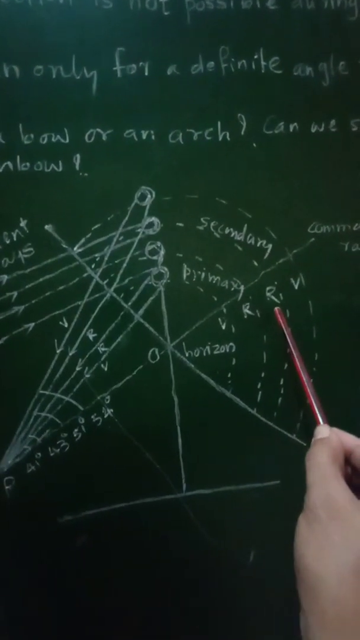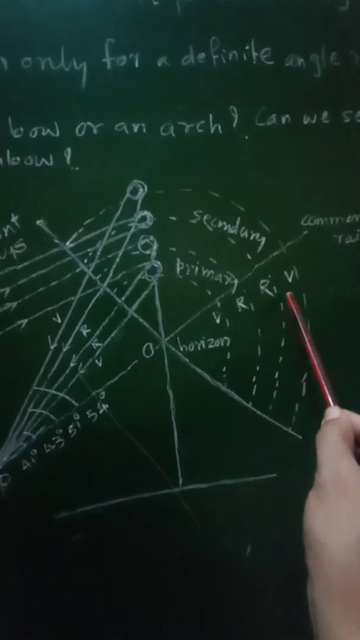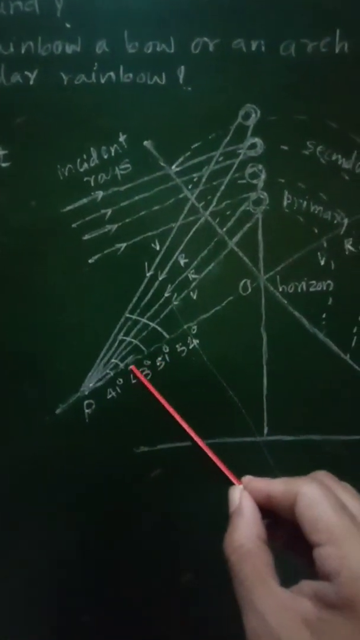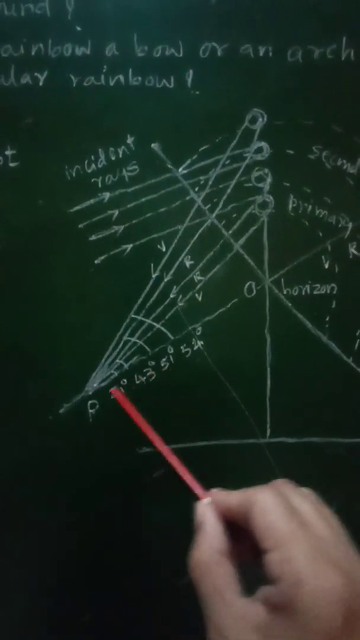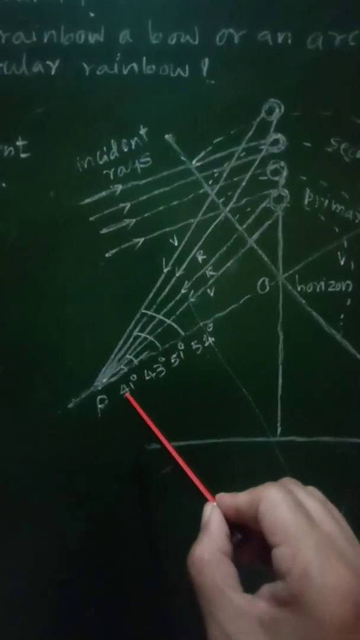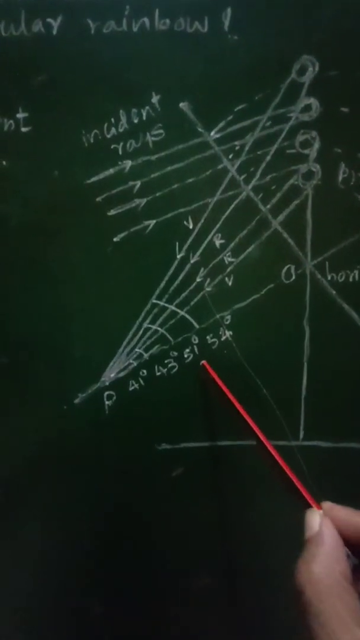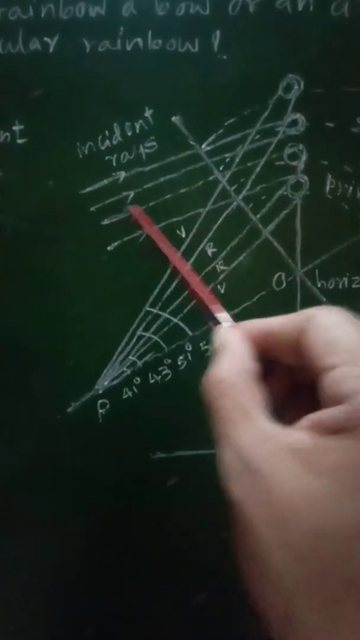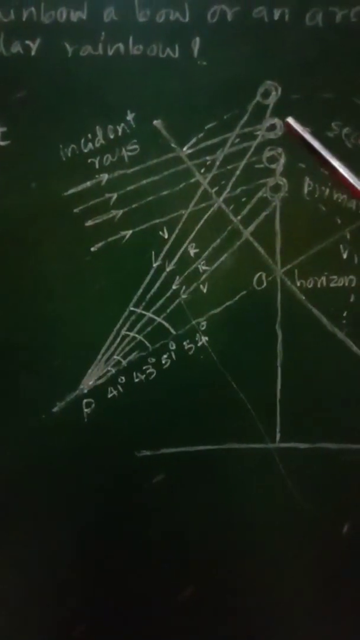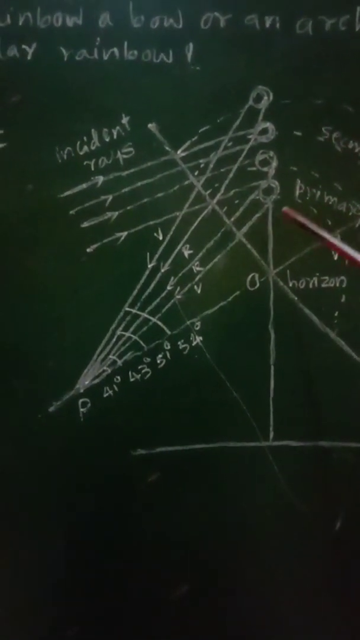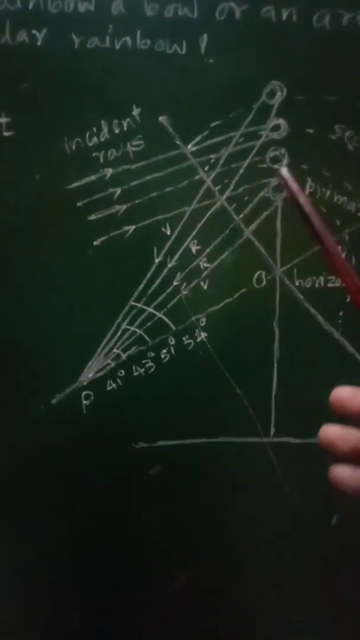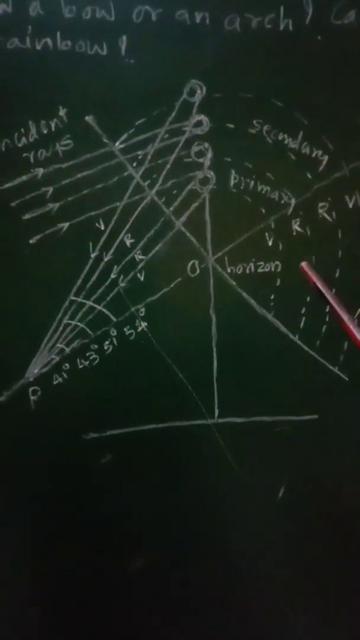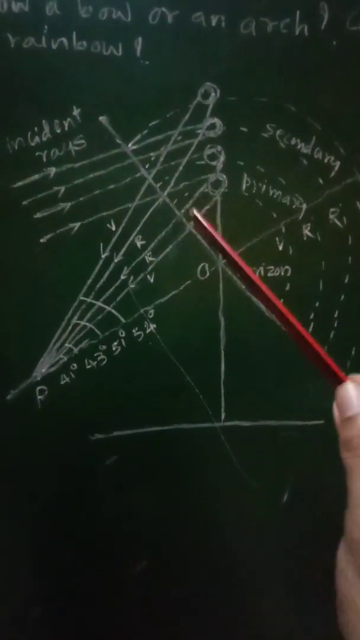For the secondary rainbow, the inner arc is red and the outer is violet. Their respective inclinations are shown here. These are the inclinations: 41 degree, 43 degree, 51 degree as well as 54 degree. Then these are the incident rays coming from the sun, and they are incident on these water drops. So if it is the situation, then the rainbows will be formed or observed in the form of an arch